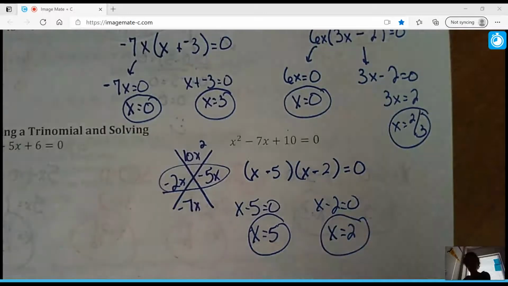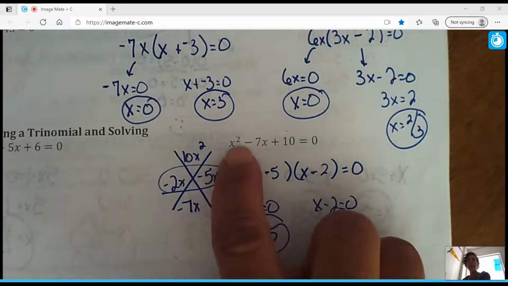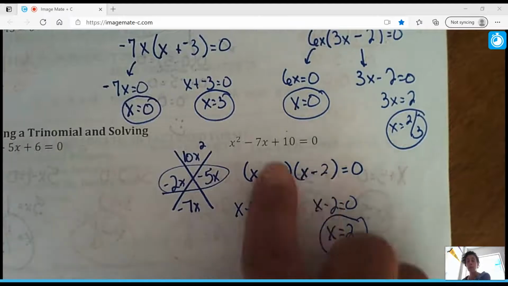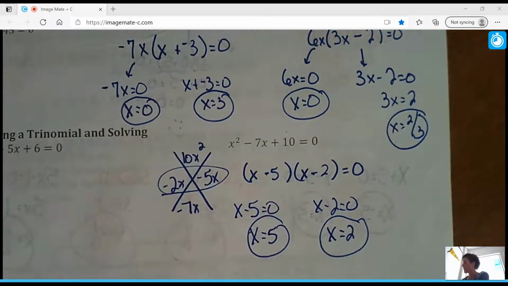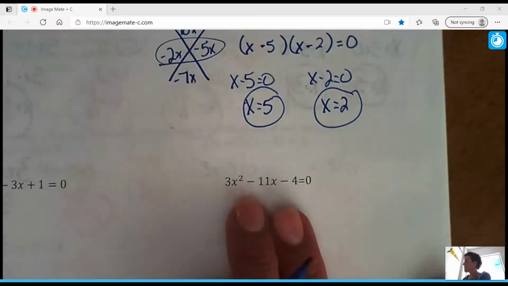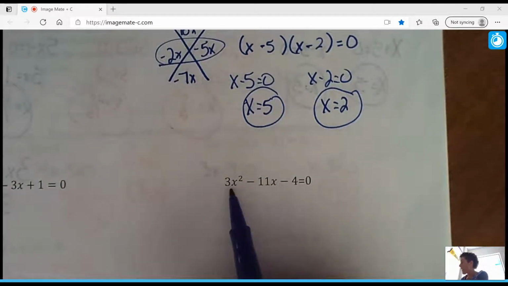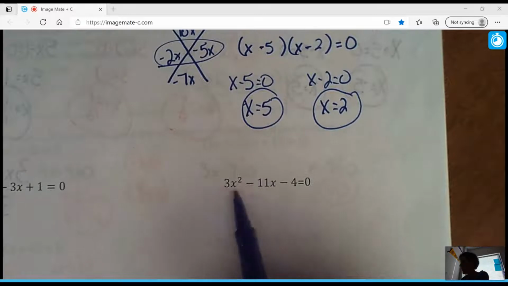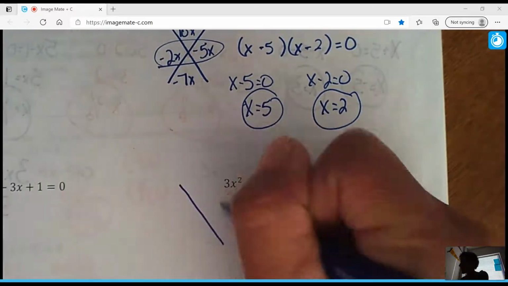So again, what it means is if I did put 5 in here and followed my order of operations, I'd get 0. Or I could put 5 in here, follow the order of operations, and still get 0. As far as the lower section, let's do, for instance, this one. So again, it is in standard form, x squared, x, the constant. It equals 0. Looking for a GCF, and it doesn't have one, so I'm going to make my x,